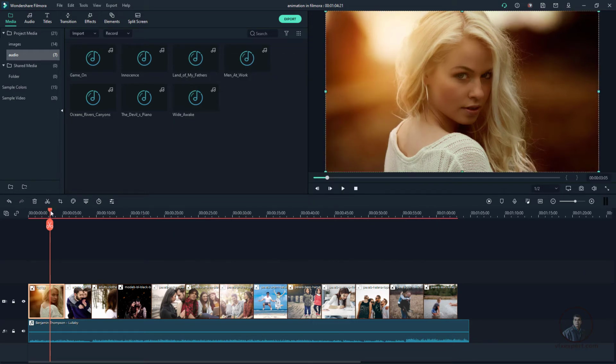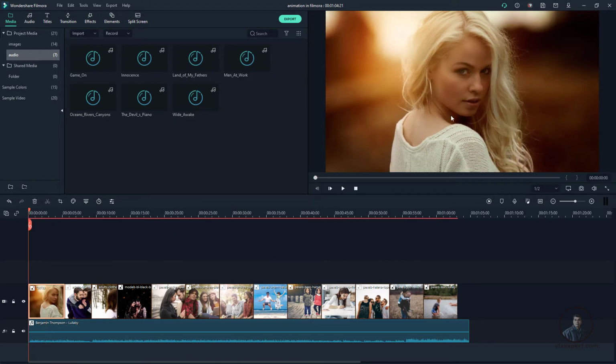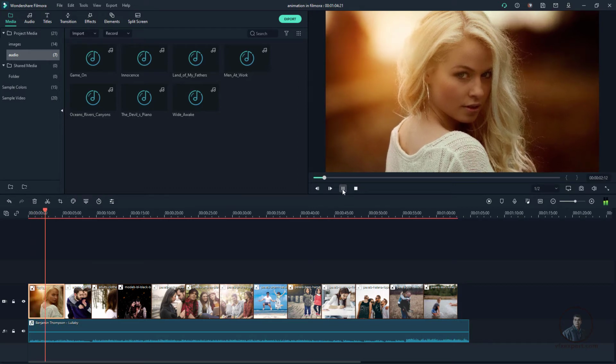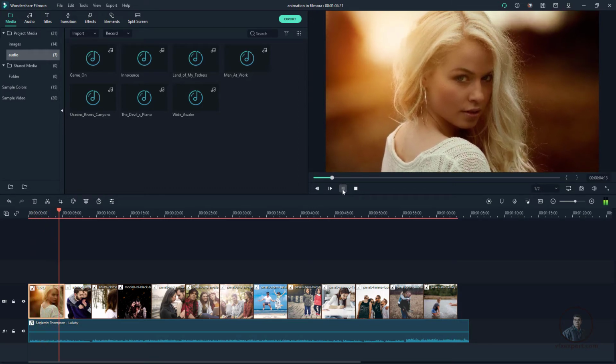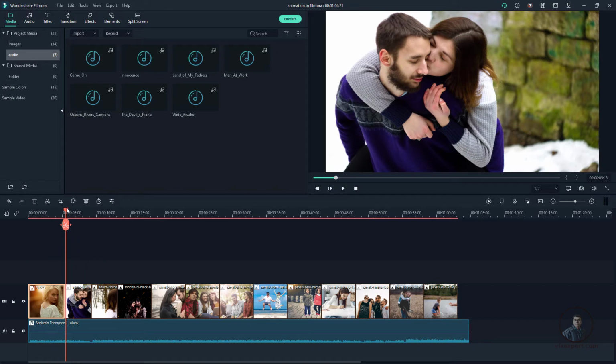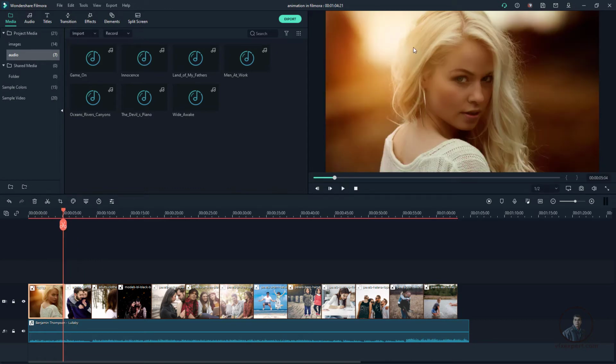Now just select your CTI and move it here. Now just play and check here. So this one is just our starting area, okay. Now just play and check. Now you can see the animation. And if you go to the last of this picture here, this is actually our end area, okay. So according to this you can adjust.